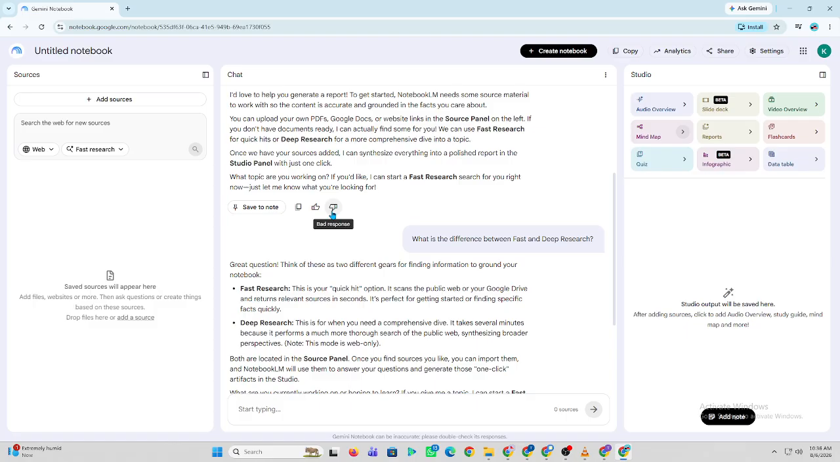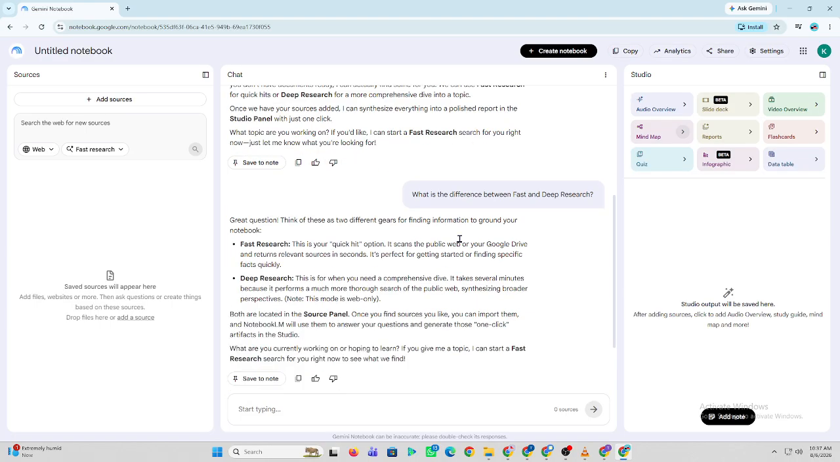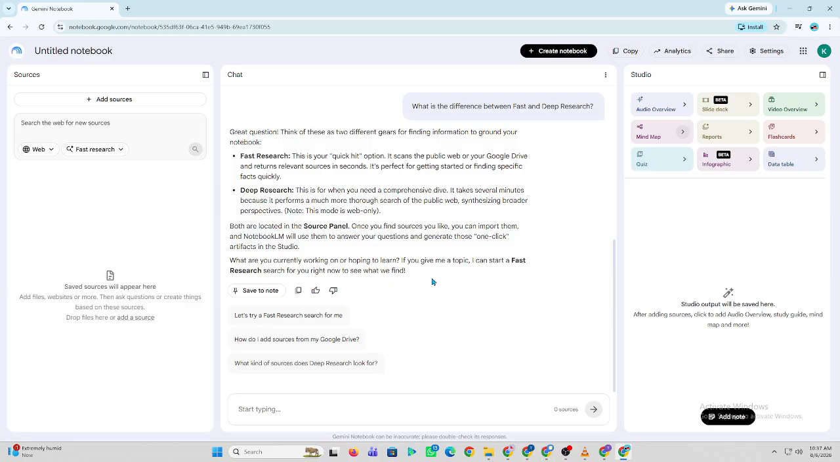Next, create a research workflow by using NotebookLM for different tasks, such as summarizing documents, extracting key insights, comparing sources, and identifying important trends. Ask focused questions to analyze your materials and create structured outputs like notes, outlines, summaries, and